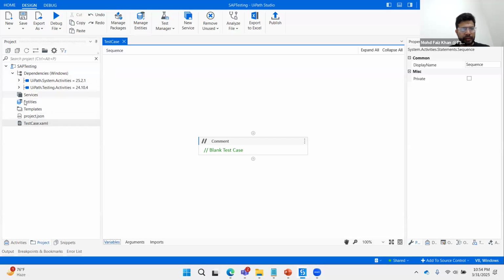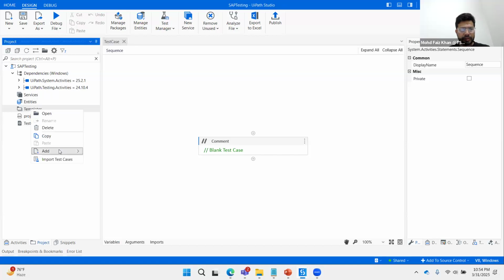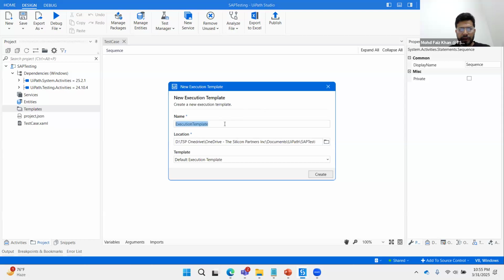So let me add the template first here. For any test automation, it is required to create one execution template. It is a kind of template, and there you can add many reusable components like you have seen in the REFramework. There we have pre-built solutions for initializing your config file, deleting all the data, killing the process. In the same way, you can also build some reusable components, and in order to use those components, you can create an execution template. And the execution template also allows you to attach your test cases, so your test cases will run